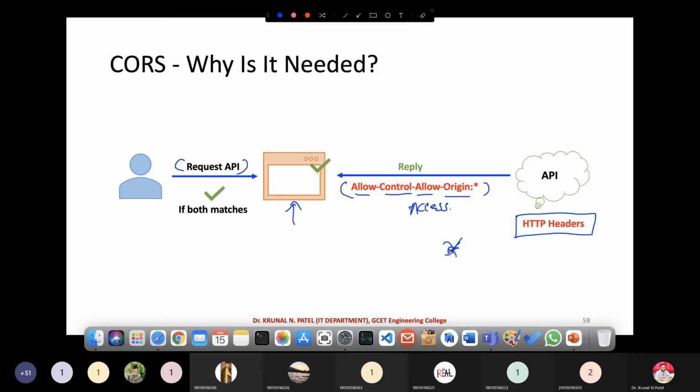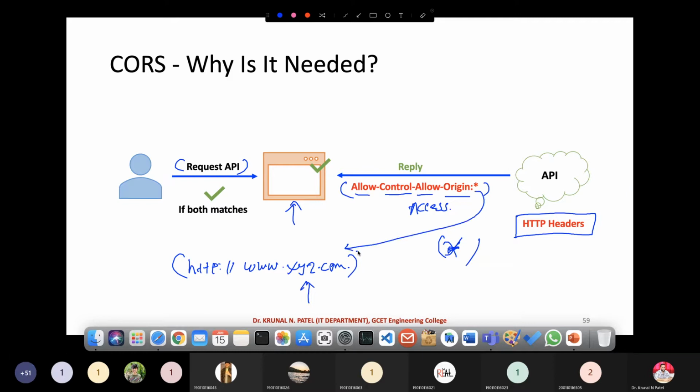So star means it's a wildcard, meaning all other domains. If you want a specific site, suppose this is my domain, http://www.xyz.com, and I only want to allow this domain to be shared, then instead of star, I need to write this.